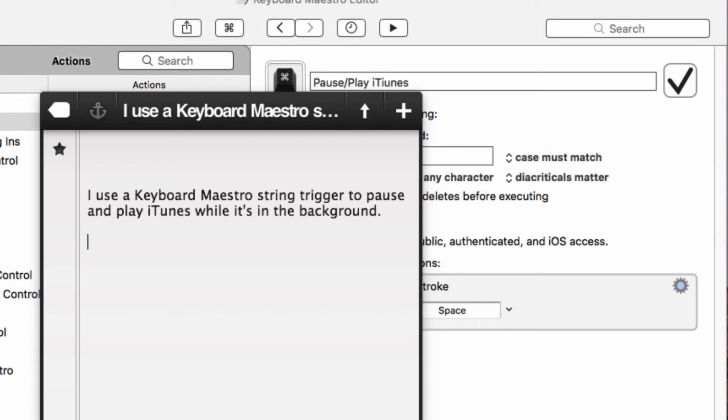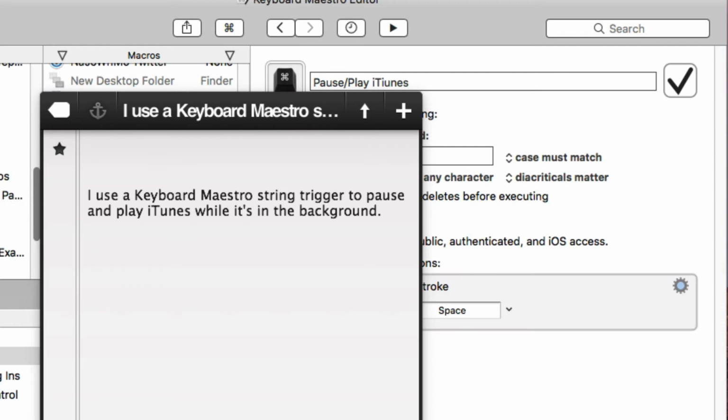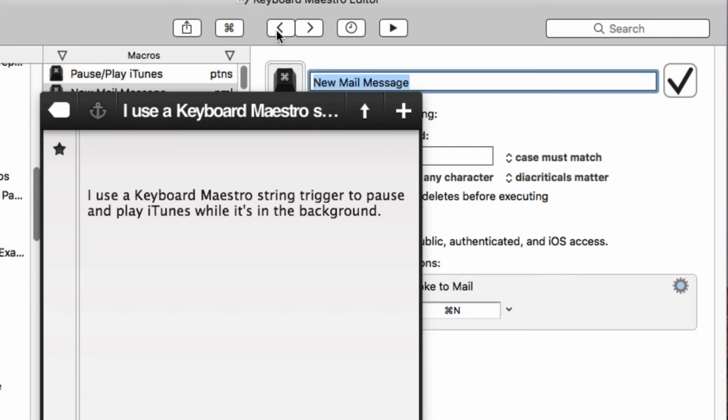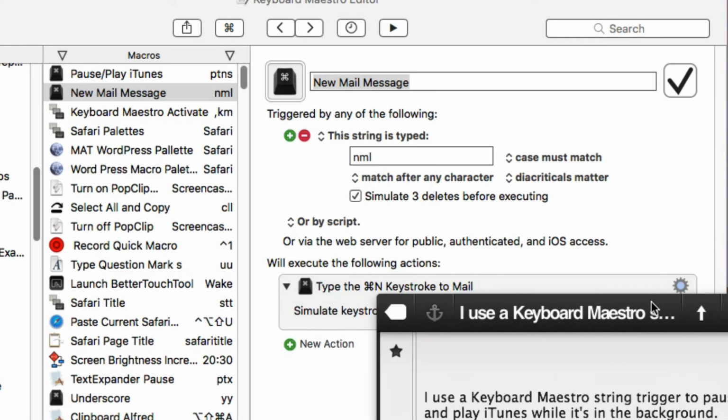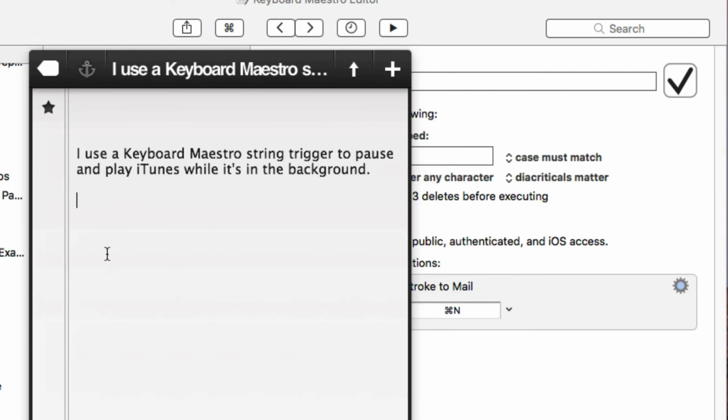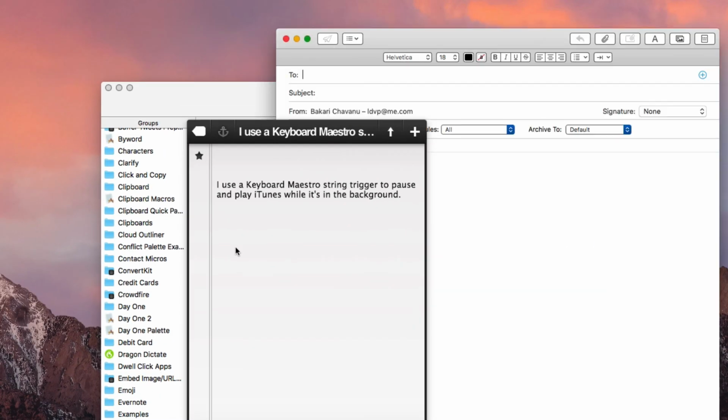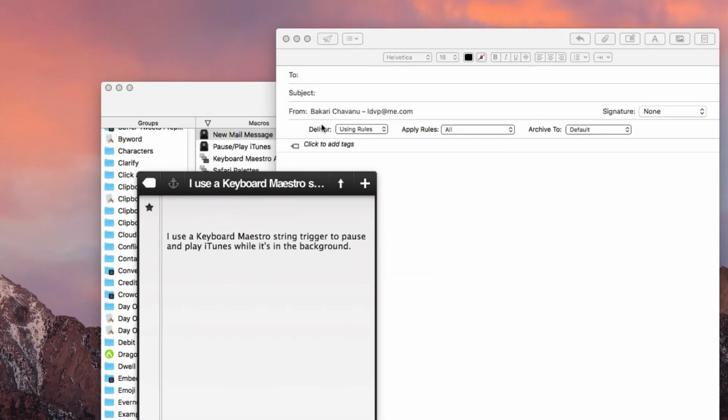If I wanted to create a new email in the background, I type NML. I think that's what it was. I just created this one, so I can't remember. Let me remember what it was. Thought I remembered that one. Let's see, there it is. Okay, yeah, that's right, I'm sorry. So it's NML right here, and it creates a new email in the background,